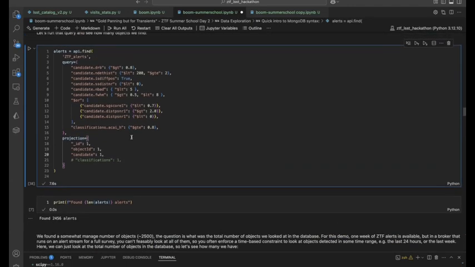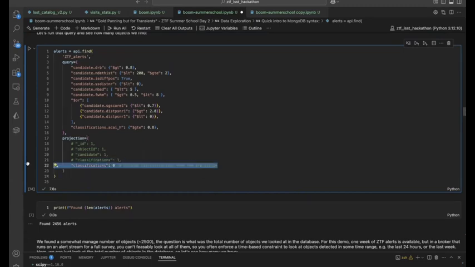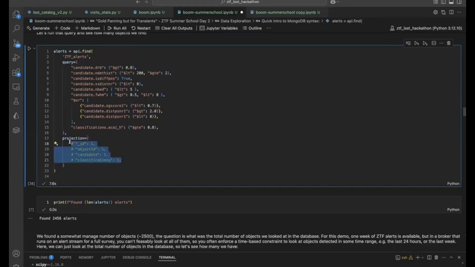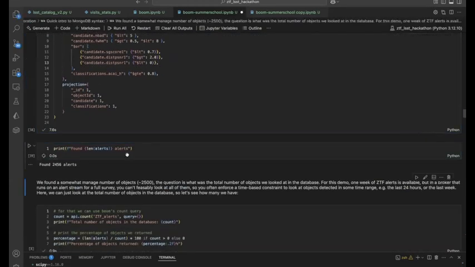And similarly, you can reverse that logic. A projection either includes or excludes. So if you wanted to say, actually give me everything but one field, you would define the field name that you're not interested in and just set it to 0. That would exclude it from the projection. So for the sake of that example, let's just return most of it. And you can see here, we found